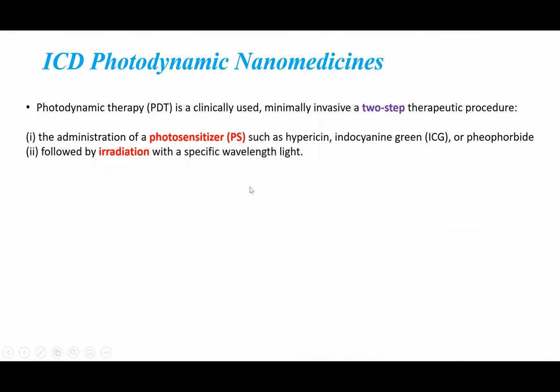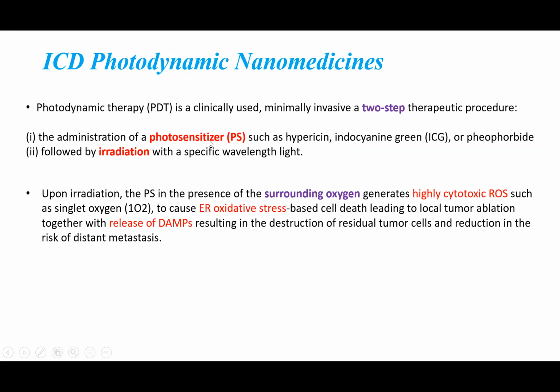Photodynamic therapy is a type of minimally invasive therapy of cancer that depends on two steps. Number one, we have to administer a compound called a photosensitizer, like hypericin, for example. This photosensitizer has the ability to be activated using light irradiation with specific wavelengths. When activated, the photosensitizer, in the presence of the surrounding oxygen in the tumor microenvironment, will generate highly cytotoxic ROS, reactive